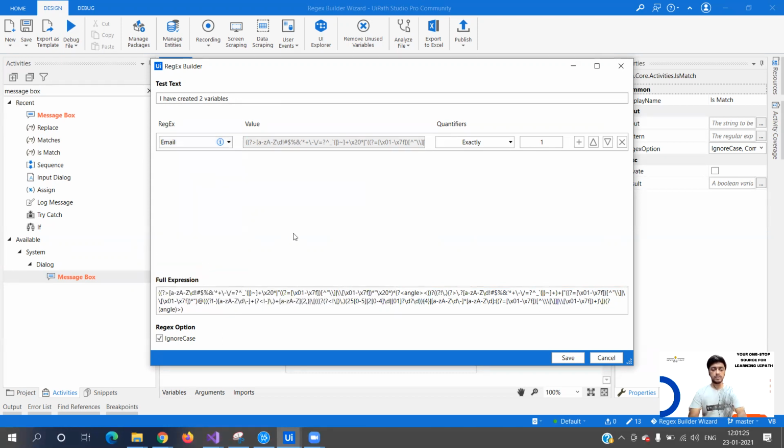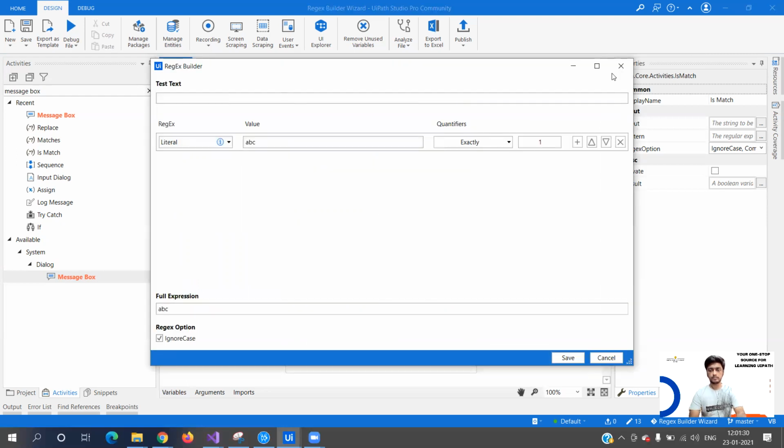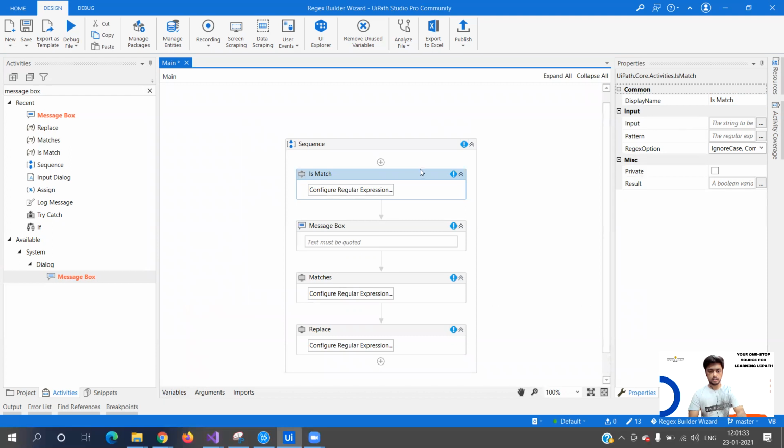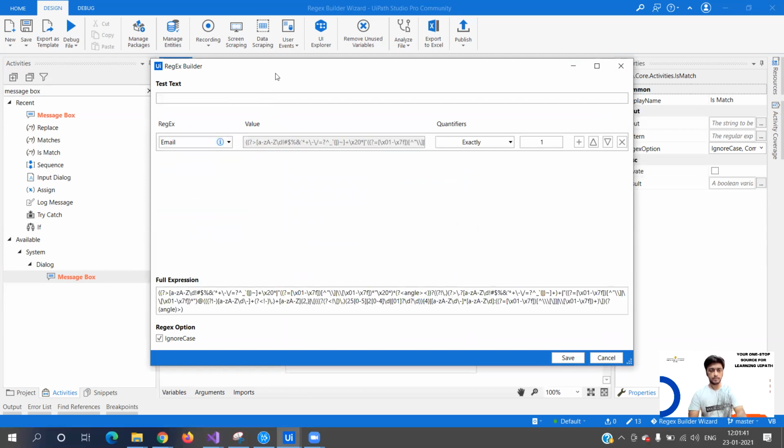So what we are going to do is we are going to use the is match one activity and input string. So okay, wait, let's test it, and we are going to use it for email. My email ID is a@b.com. Okay, so this particular complete, you say the string is highlighted with yellow, right? So this is working fine.